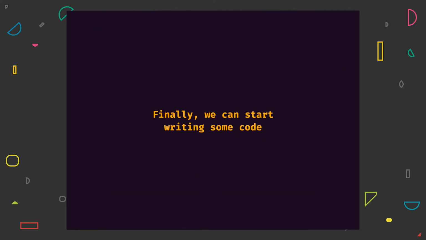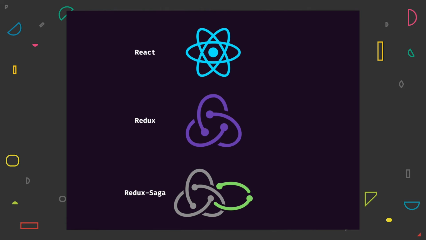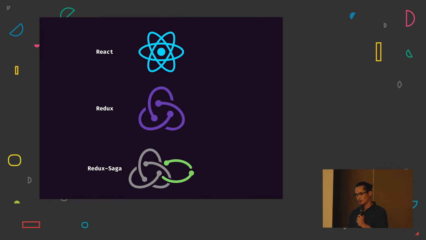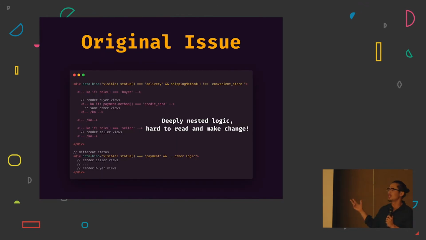And finally, we can start writing some code. And here is our new architecture. We use React, Redux, and Redux Saga. And if you still remember our original issues, we have deeply nested logic that makes it really hard to read and make changes. However, even with the new technologies like React,